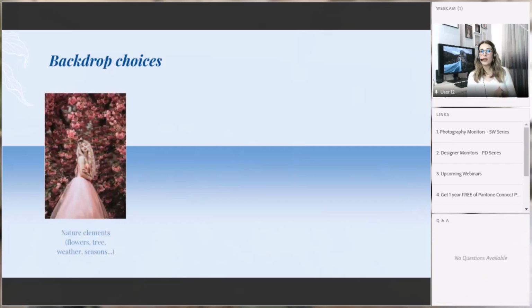We spoke about nature elements. So first we have nature elements like the flowers, the tree, the weather, and the seasons. Which element you will choose will have to represent your style. So if you're a natural photographer, if you love creating photos in a magical way, if you love using dresses in your photos, then maybe the best backdrop will be the flowers, because if you're taking photos